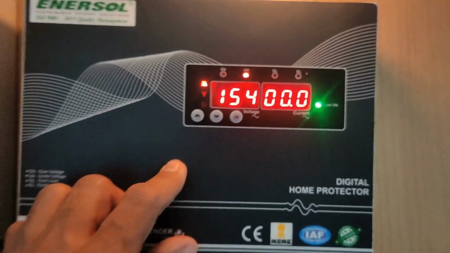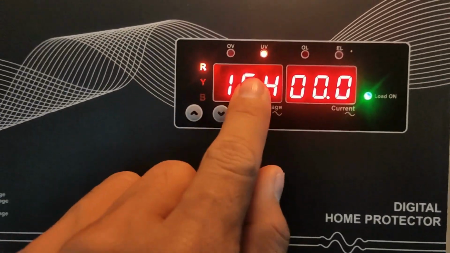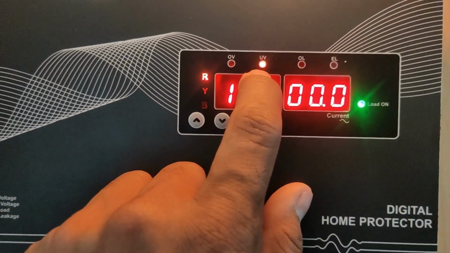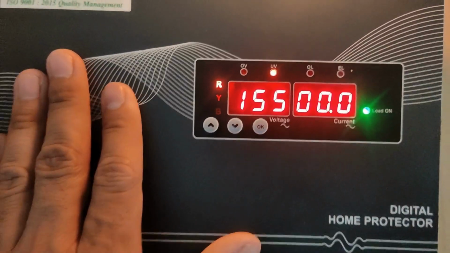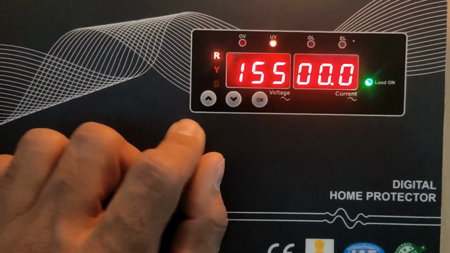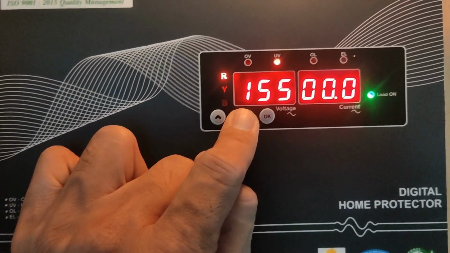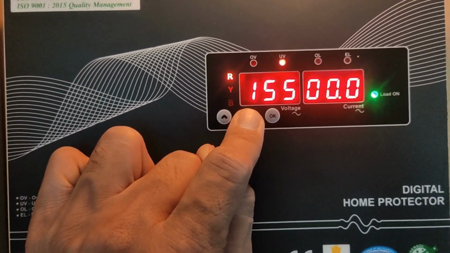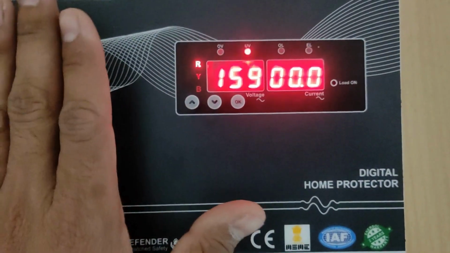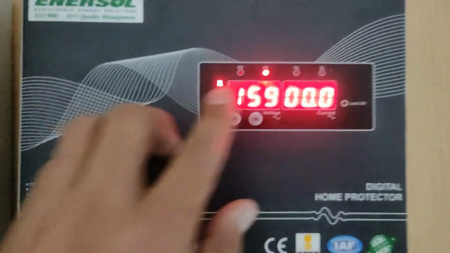As you see, our under voltage condition is bypassed and our under voltage LED is continuously glowing. That means our under voltage is bypassed. Now to remove the bypass condition, we have to press the down key again for 6 seconds. And as you see, now our home protector provides safety against under voltage again.